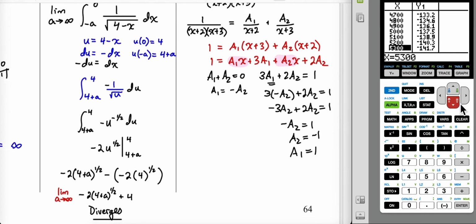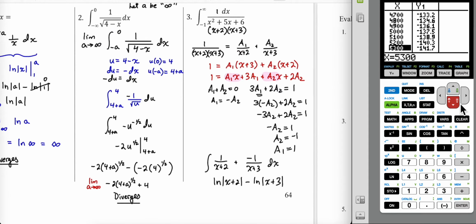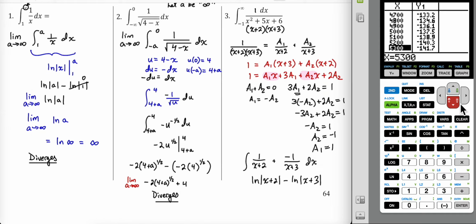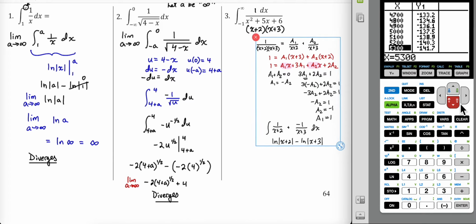All right, so I now know that I'm looking at the antiderivative of 1 over x plus 2 plus negative 1 over x plus 3 dx. So ln |x plus 2| minus ln |x plus 3|. All right, that's all to address the antiderivative part of it. So I got a little ahead of myself here, because we also need to account for the fact that this is